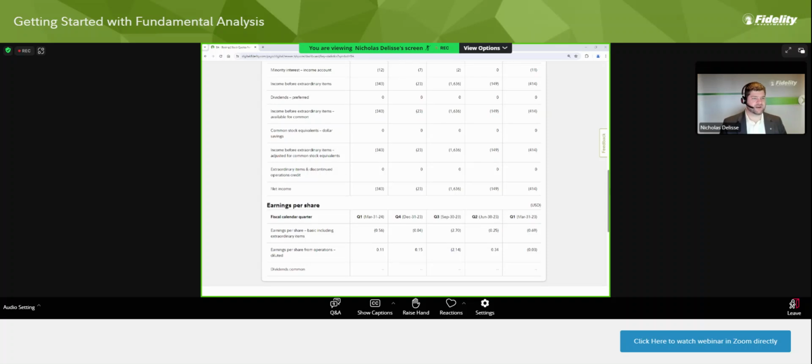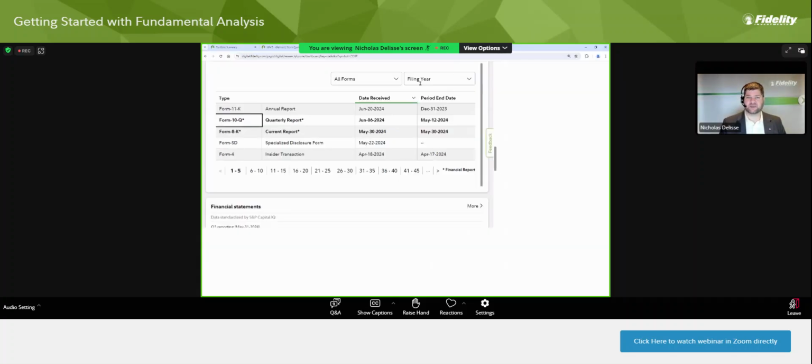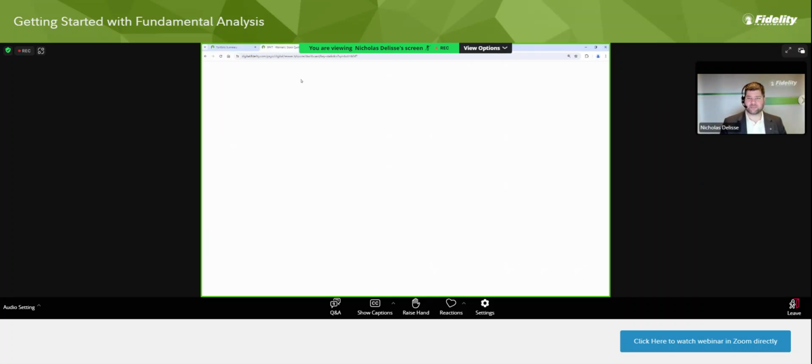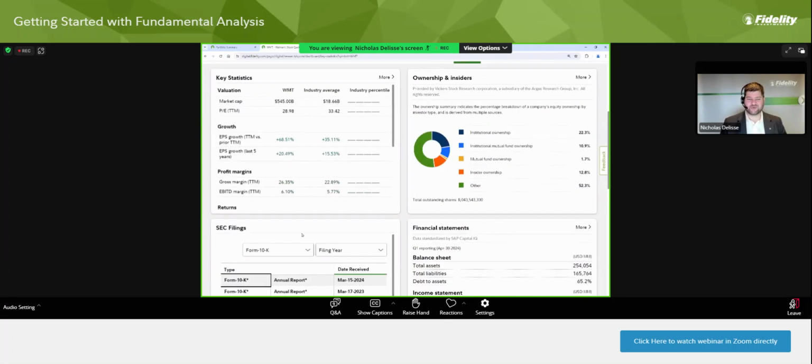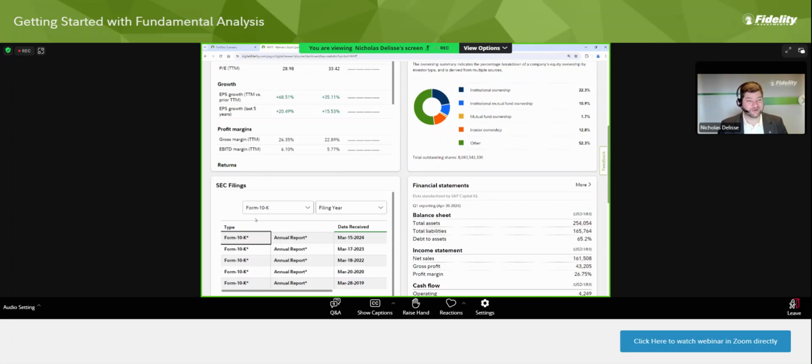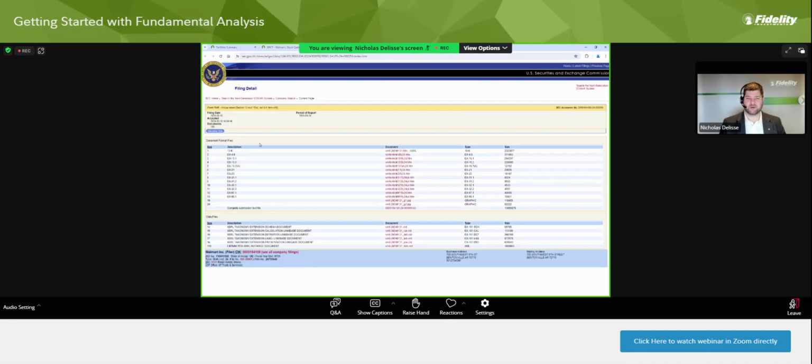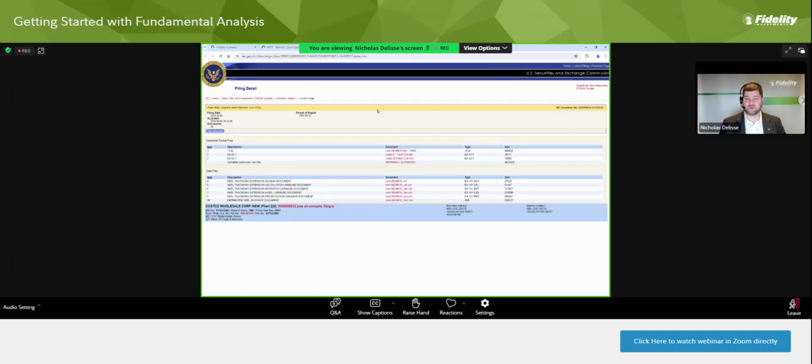So I want to compare something else real quick and show what that standardization means. To show that, I pulled up two similar, competitive companies, Walmart and Costco, with Sam's Club and Costco on here. And then I've scrolled down to these SEC filings. They're quarterly reports, and a lot of them were just filed recently. So we have the 10K for Walmart. We'll pull this up. Here's the 10Q, I'm sorry, for Costco.